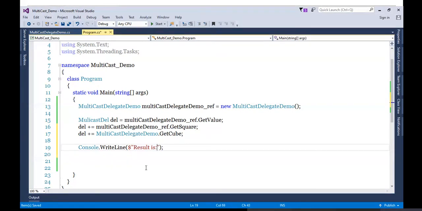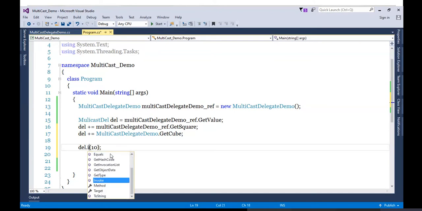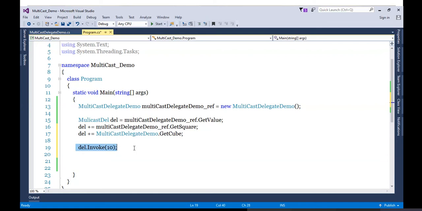Result, if I'm giving a common message, and what we'll be doing? We'll be calling this with a single delegate reference. So let's pass 10. Sorry, it is not returning any value, so the console will not come. I'm really sorry. Simply like this, or you may use that in a hook if you want. So with this single call, all 3 methods will be invoked.